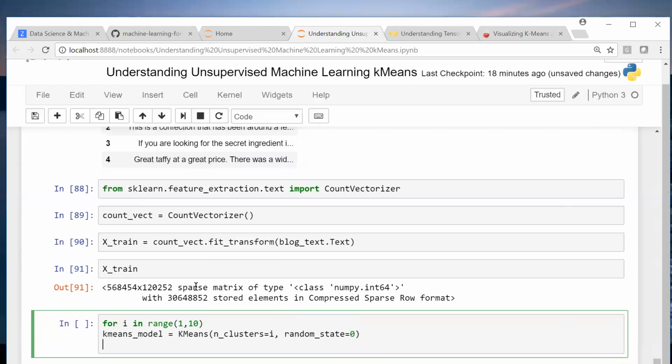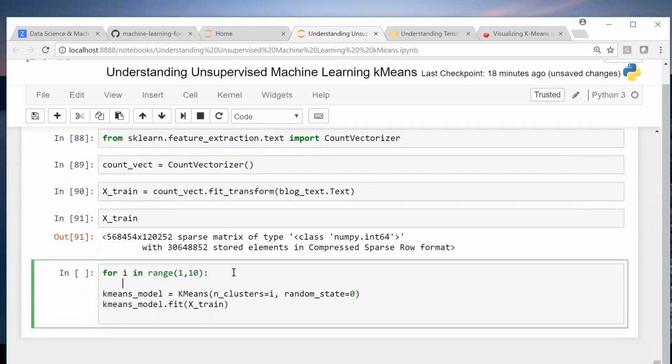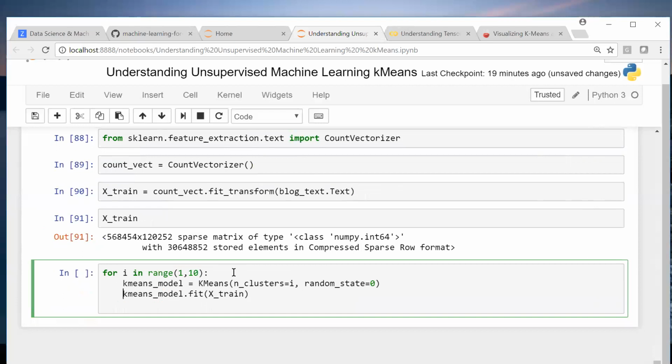This is the model creation part. K and the kMeans score.